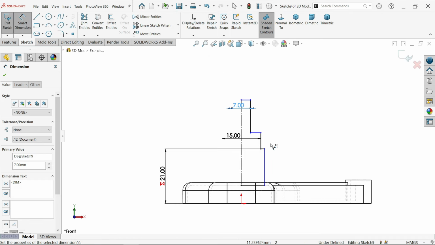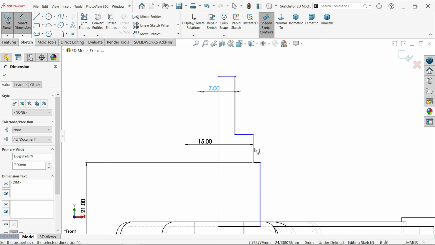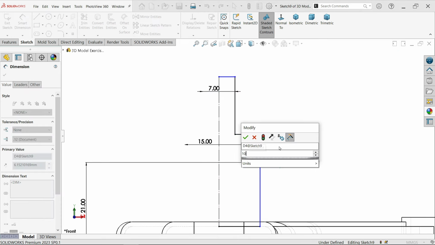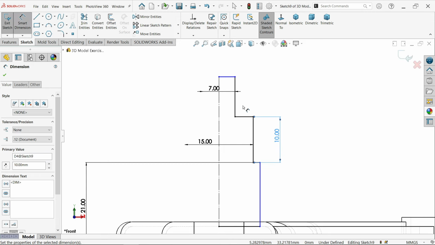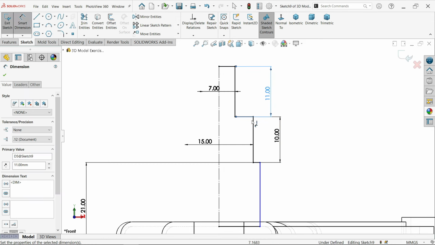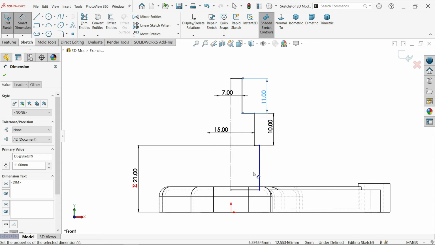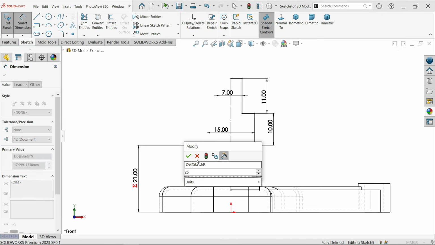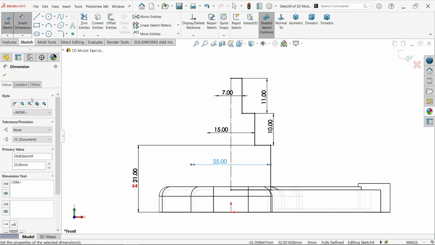Okay, now height defined, let's define this height 10, 11. Okay, and the diameter for this 25. Okay,